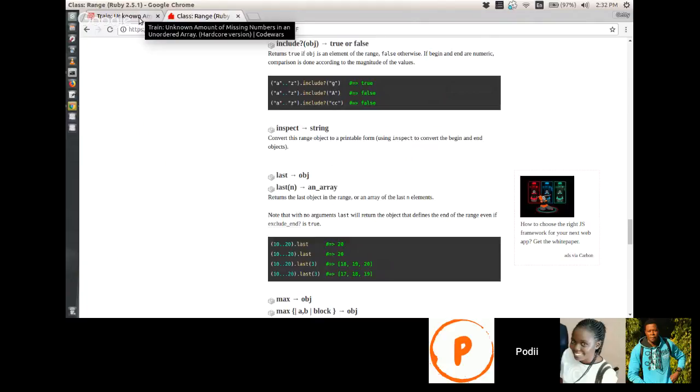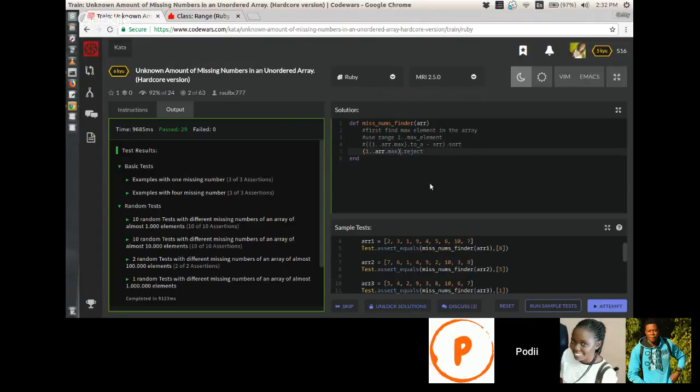So the range will give us a range, then we can reject anything that is included in this particular range. So we have to start with array. Oh, but I'm getting the idea.